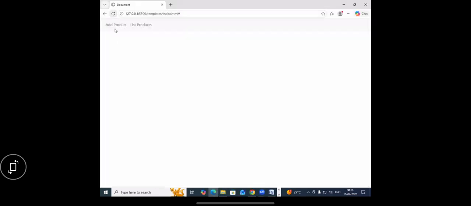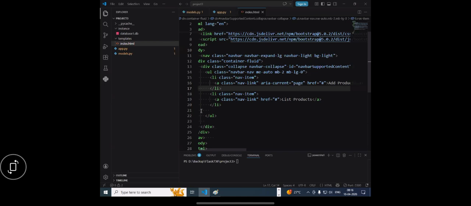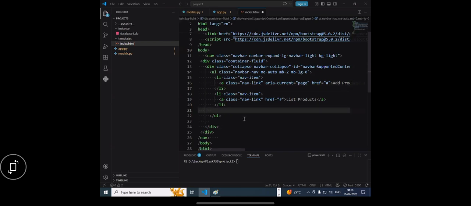You can say add product and list product. If you want, you can change the background color of the navigation bar. Okay. So, okay. Now when you click on this,